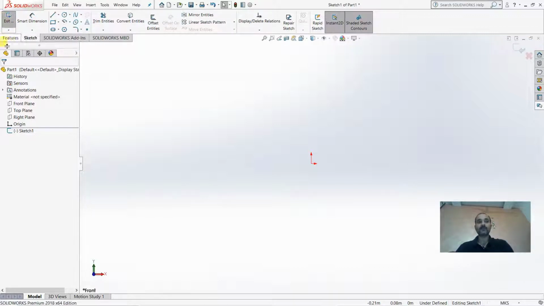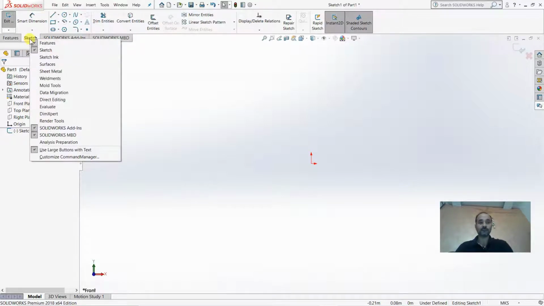You can exit from here and then go to features, sheet metal, etc. It means sketching is useful in other interfaces also, that is surfaces, sheet metals, weldments, mold tools and data migration.